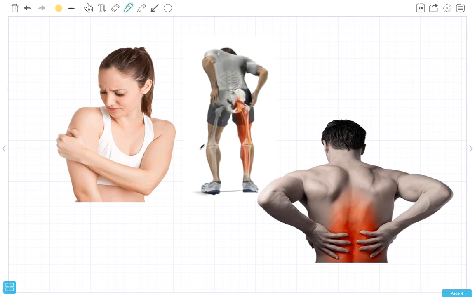طبعا عندنا different types of pain. عندنا pain ممكن يكون في shoulder في arms، ممكن يكون في leg، ممكن يكون back pain, backache or whatever. طيب it is also important to know إن عندنا different levels of our spine صح؟ عندنا cervical وعندنا thoracic وعندنا lumbar وعندنا sacral. then we have the coccyx صح ولا لا؟ okay